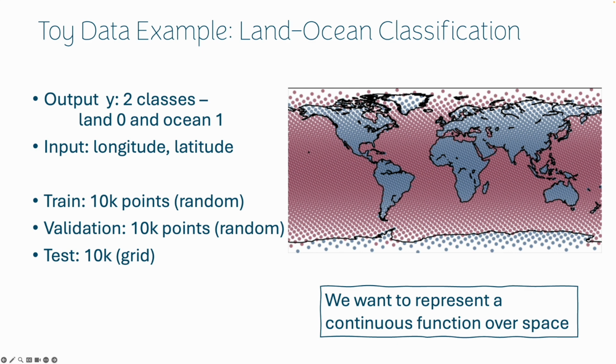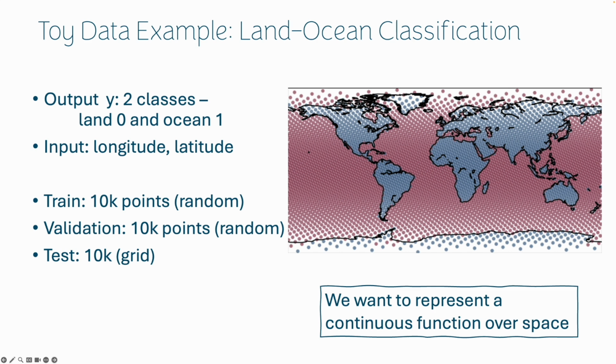If it's on water, it's 1. And we can sample from this function training, validation, and test points. Train and validation points are randomly distributed, and test points are on a regular grid, as you can see here on the right. And it's also evenly distributed on the globe. It doesn't look like this on this map, but the Earth is a sphere, so that's how it's still evenly